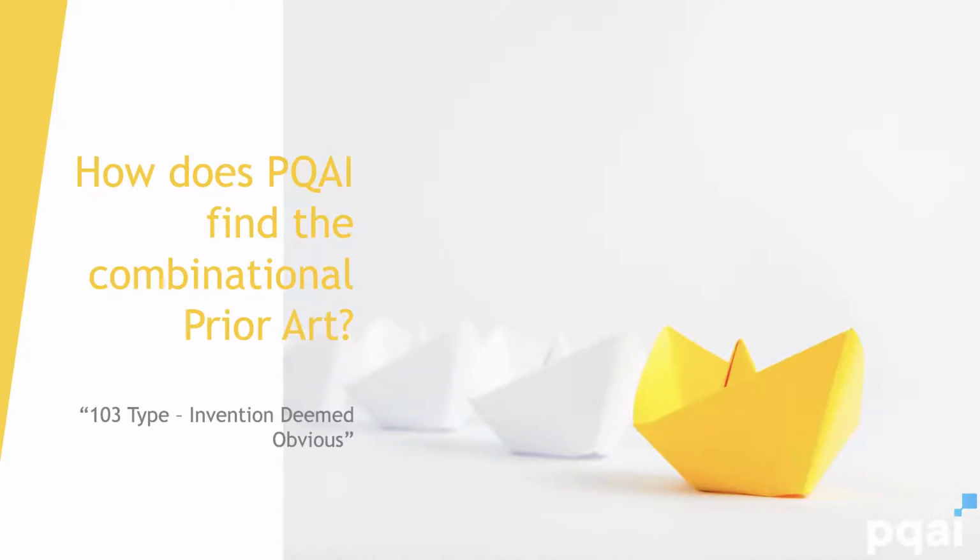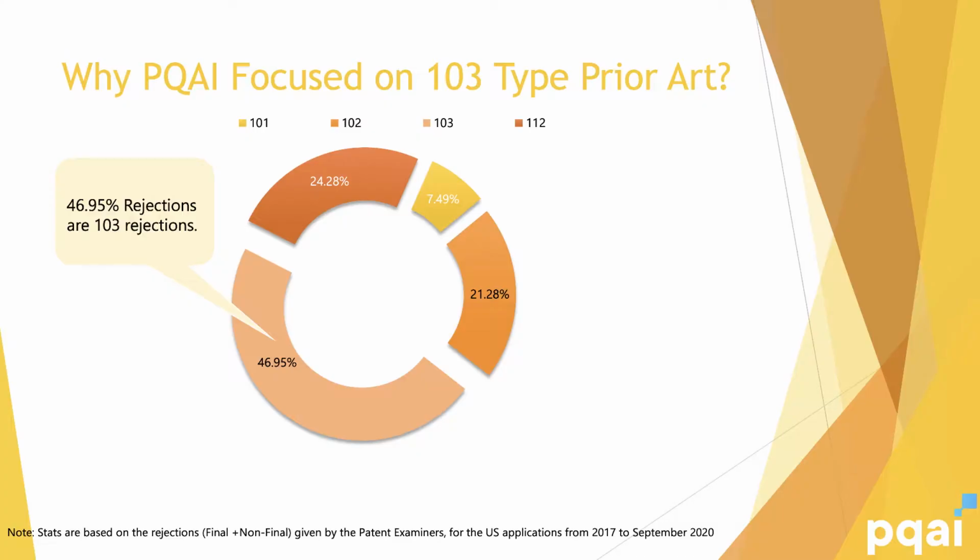Let's take a look at how PQAI finds combinational prior art, which is also commonly referred to as 103 type prior art. And doing a 103 type prior art search is important because if you look at the breakdown of the rejections that people get from the patent office when they file for their inventions to be patented,